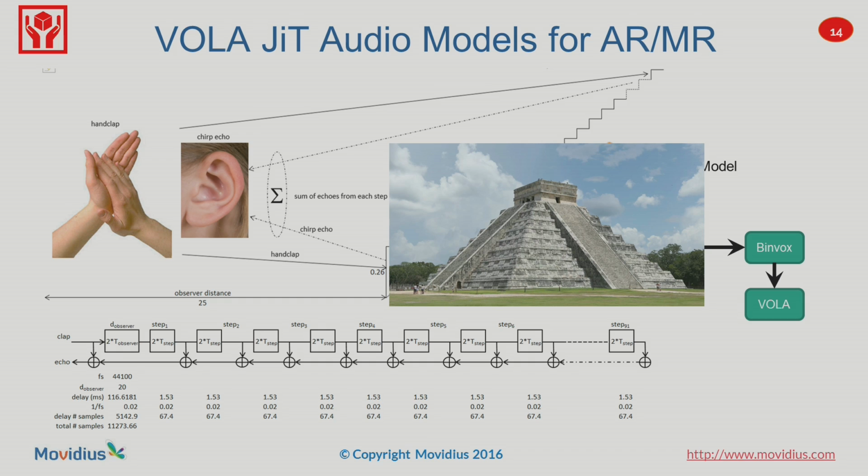So you can do the experiment for yourselves maybe afterwards. Just stand maybe a meter from the wall, speak, and then go against the wall and speak, and you hear the reverberation is completely different. So we believe this kind of technology, leveraging the volumetric representation, will be really useful in AR and MR for